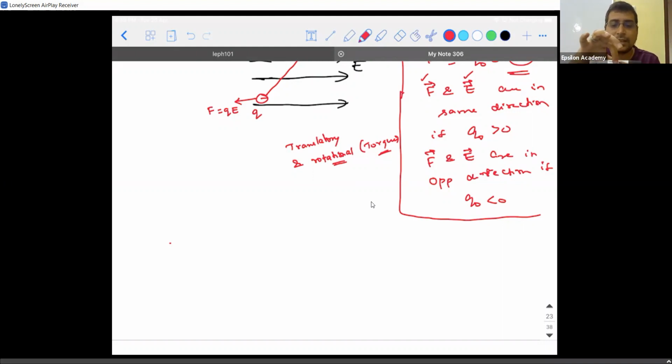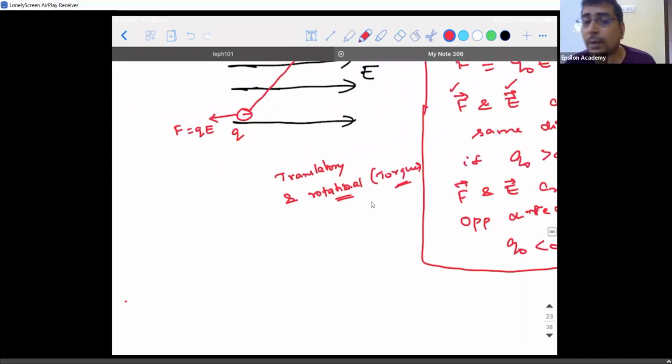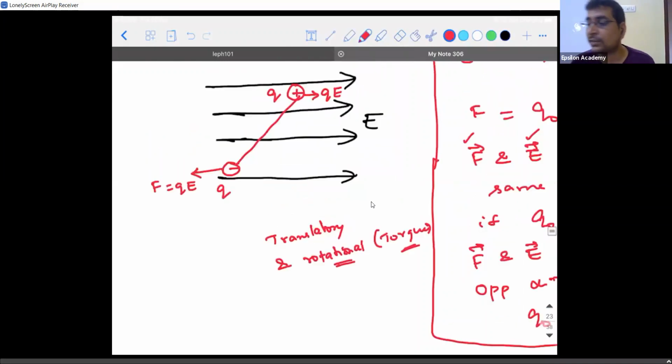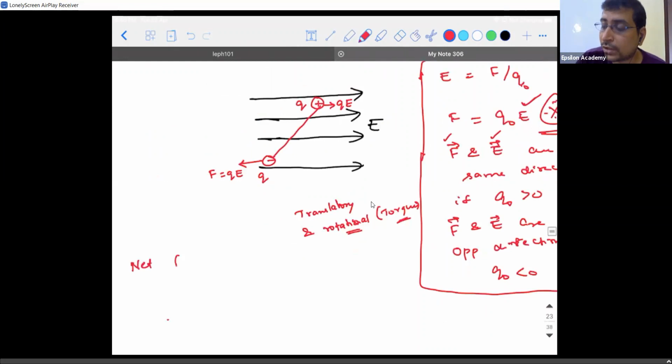If I take it like this, this is going to be the axis of rotation about which this object is rotating. Whenever you're talking about rotational motion, you need to always speak about the axis of rotation. Am I clear? Yes, sir. Now I'm going to put some questions and you people will answer. If I ask you, what is the net force acting on the system?